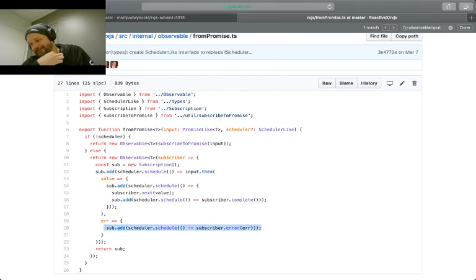You could do it through a .catch, doesn't really matter, but it adds an additional schedule here to schedule the error if it should happen. So pretty simple, in the fact that you always have to bounce it to the next thing to say it's complete, and